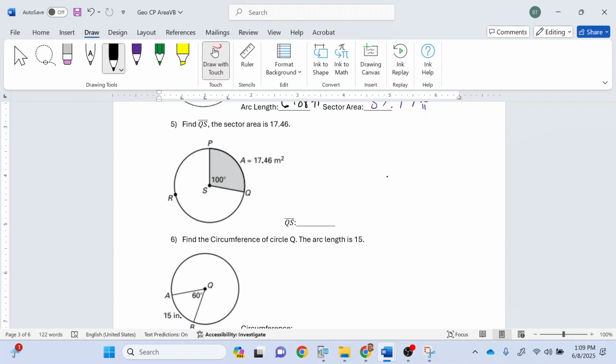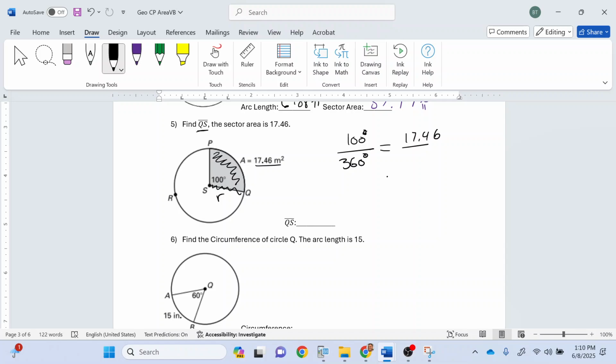Okay, in this one, I want to find the line which is QS. That's my radius. So this one's a little different. Because I'm looking for the radius, when I know the shaded area is 17.26 and I know my angle's 100, what I can do is figure it out by doing part over whole again. I know it's 100 degrees out of 360 degrees equals, in this case, I know what my piece is, 17.46, divided by